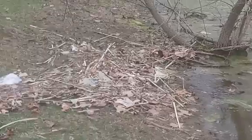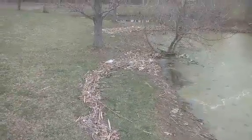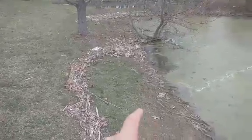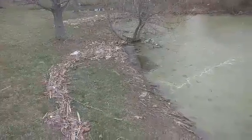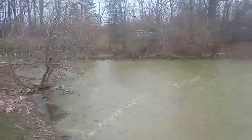When it flooded, you can see all this brush up here. It's from when it actually did flood. The water brought the trash all the way up to that point. But that's where I was casting, up onto the bank here where the water was, and these fish were cleaning the bank and any type of bugs or anything. But anyways, that's a good tip for